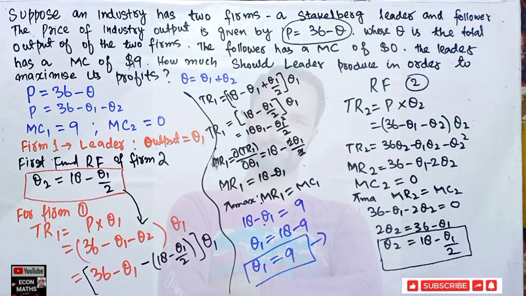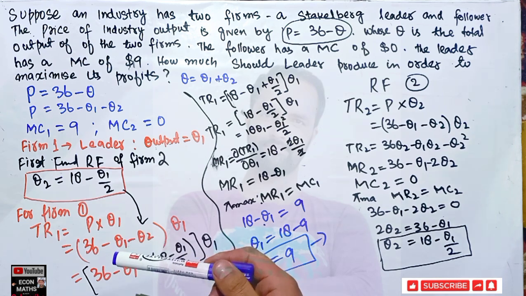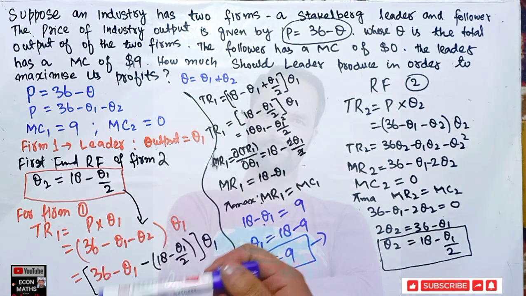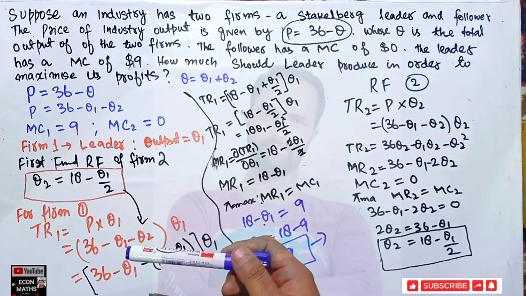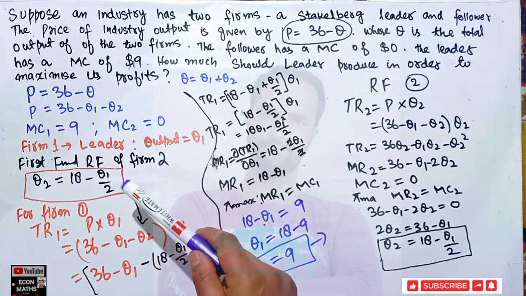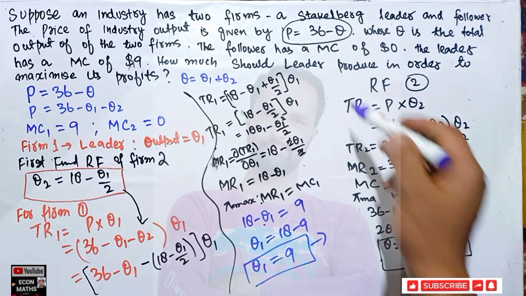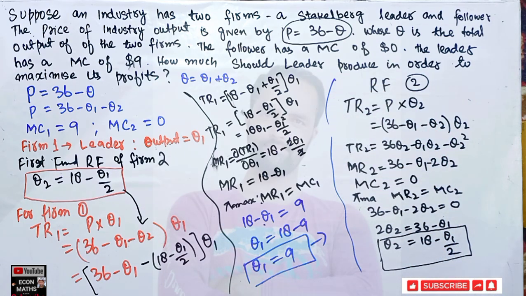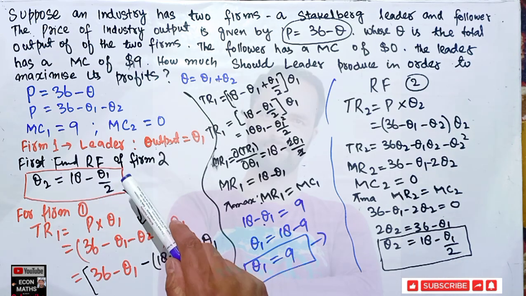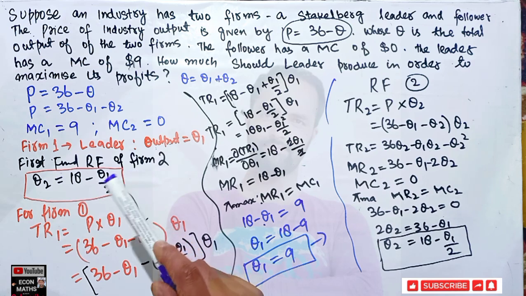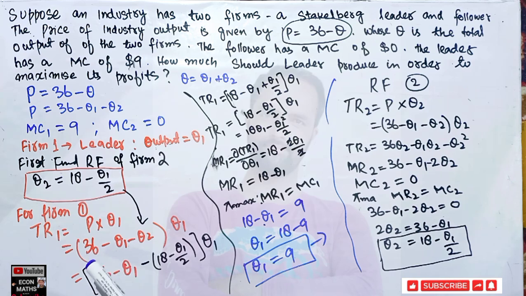For that, first we took the industry demand function. To calculate firm 1's optimal level of output, first we need to find the reaction function for firm 2. How do we find the reaction function? I have explained it a little bit here. I have made videos on the Cournot duopoly model, where I explained what is meant by this reaction function. First we find the reaction function for firm 2, and then we take that reaction function and put the value of Q2 into the total revenue function of firm 1. And after that